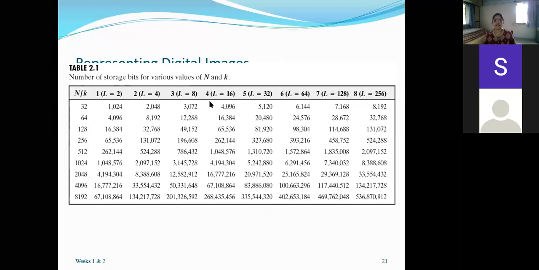So even a single image needs a large amount of storage, and any imaging based system or computer vision system needs huge storage. And that's why image compression is very, very important, so that with image compression you can achieve a reduction in the number of bytes or number of bits required to represent the image.